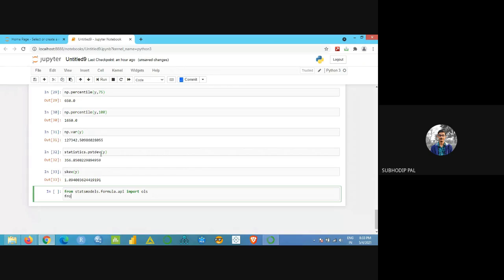Next is from sklearn.linear_model, we'll be importing LinearRegression. This is another library.